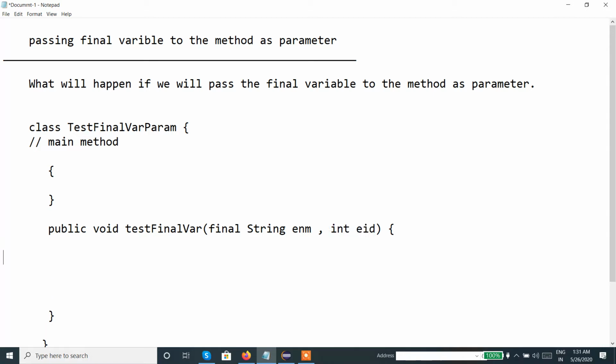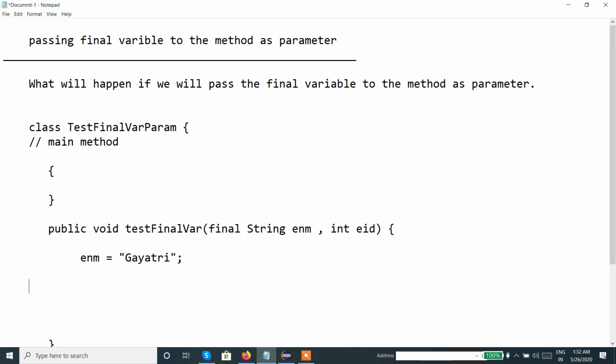So let's say enm equal to, I'll keep my name over here, let's say Gayatri, and this is a final variable.